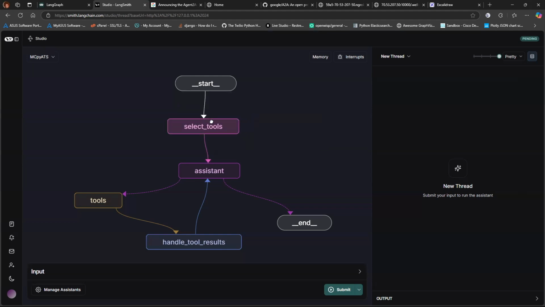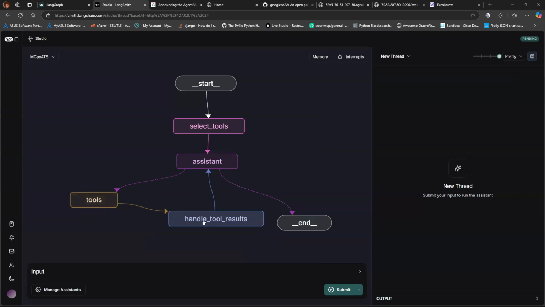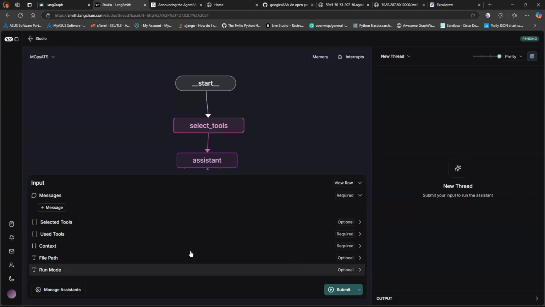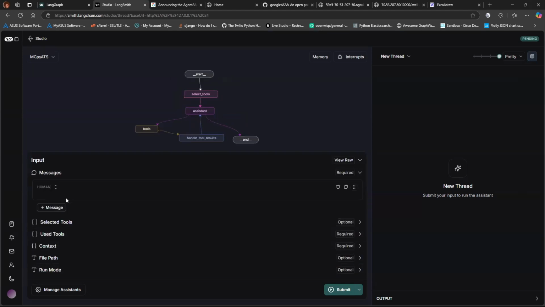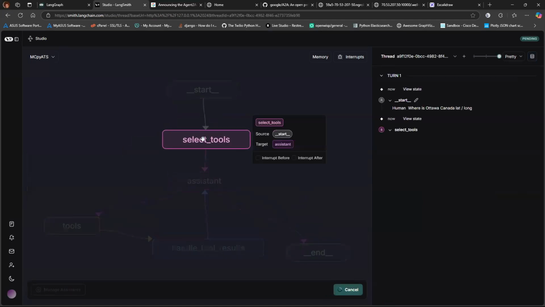So, I ask my question, the select tools does its thinking, which then goes to the assistant and then picks the right tool, and we get the result. So if I do something very quickly here and say, where is Ottawa, Canada, lat long? One of my tools is a geo lookup. So see how it's going to select tools first? And then if I show you the results here,